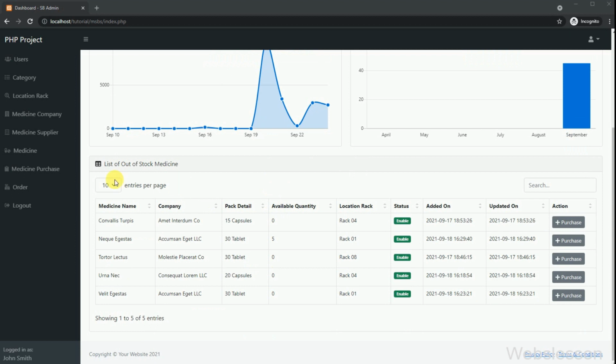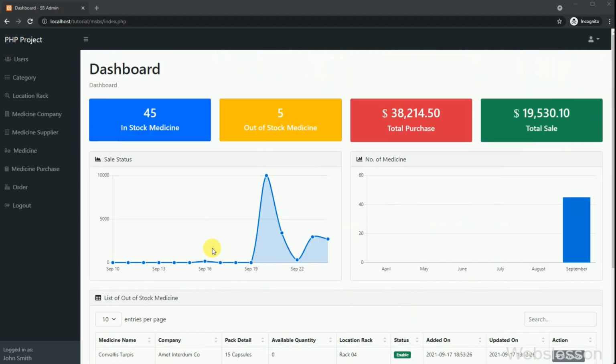In this project, we have developed a medical store management system as a web-based application by using PHP and MySQL database. Under this medical store management system, user can maintain and track the medicine store or inventory details, store customer details, and generate medicine sales bill for your medicine store.